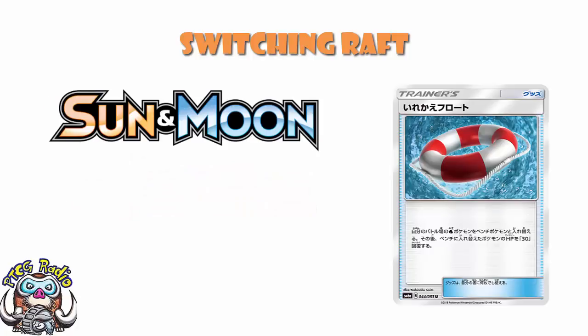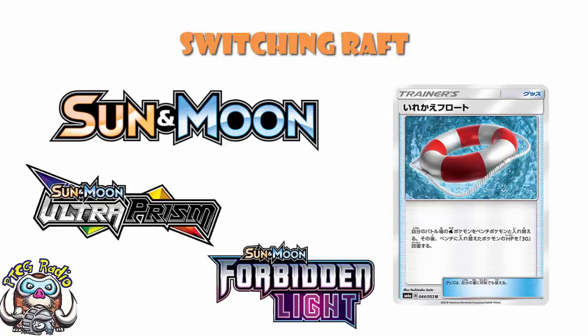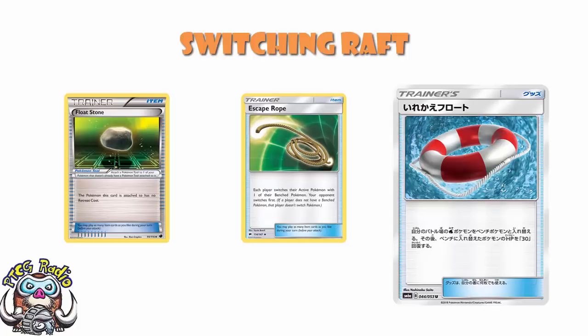We're going to be losing none of these great switching cards. We're keeping them all. But the rotation after that is probably going to rotate to kind of, you know, Ultra Prism or Forbidden Light or something like that. And if we don't get reprints, and I know there's lots of ifs, buts and maybes here, then maybe we lose Escape Rope, maybe we lose Floatstone, maybe at that point, Switching Raft becomes a